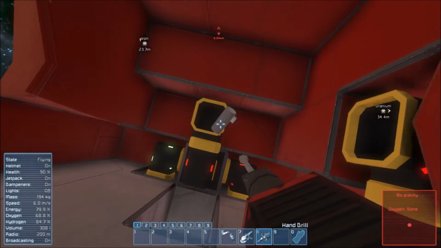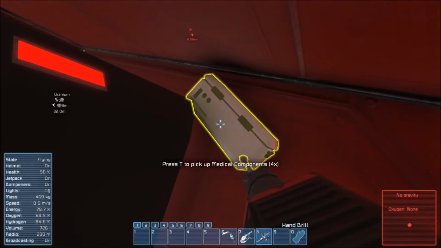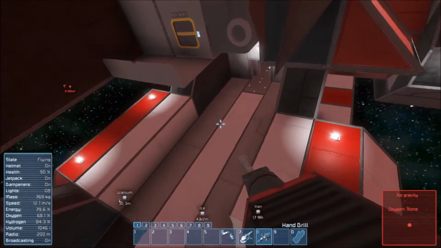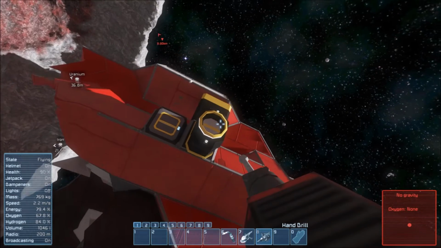Oh, we've got some things here. We've got some large steel tubes and some medical components. I guess the medical room that we had on the ship actually blew up. Because of course it did. So I'm going to quickly get...